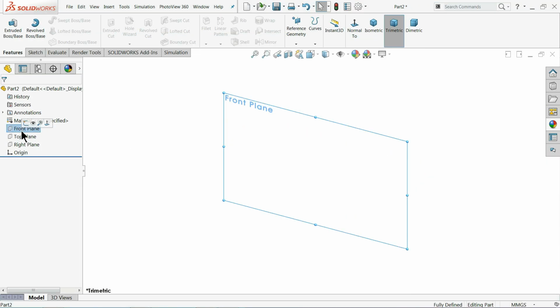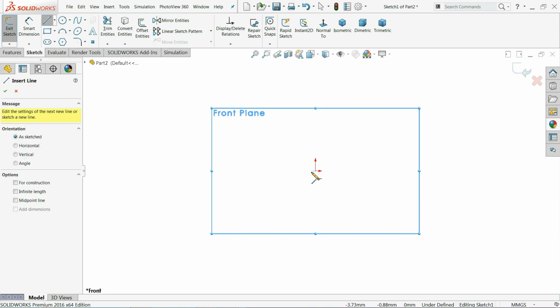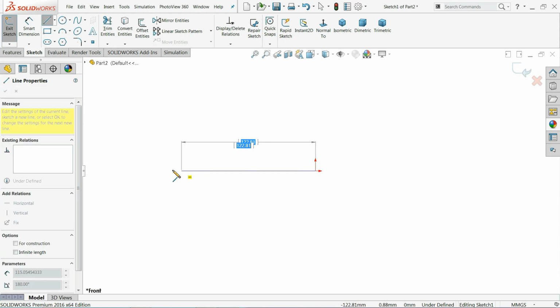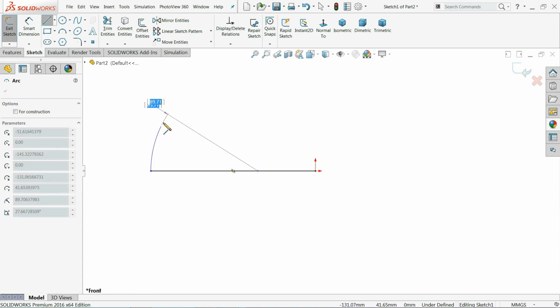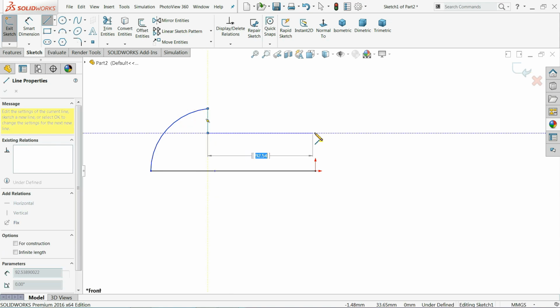Now simply select the plane, sketch, and let me choose here line, and I'll start from here. Now simply go back to the point and see, it will automatically convert into arc. If you go back to the point, it will convert into arc.